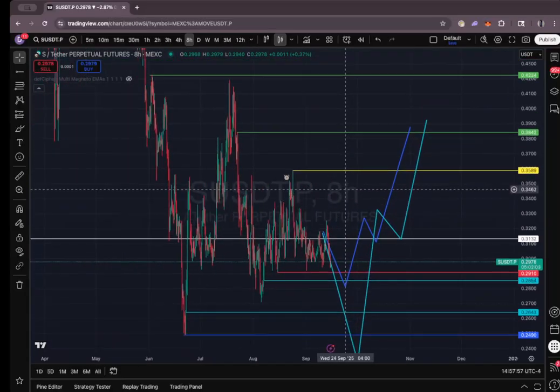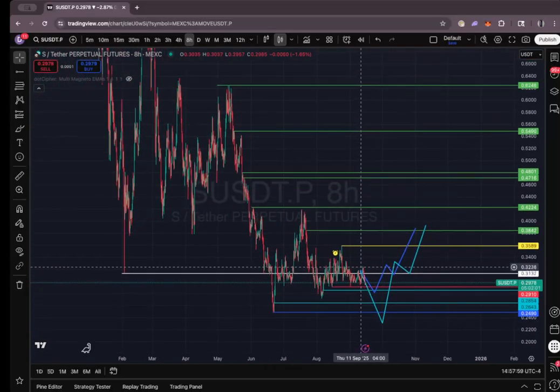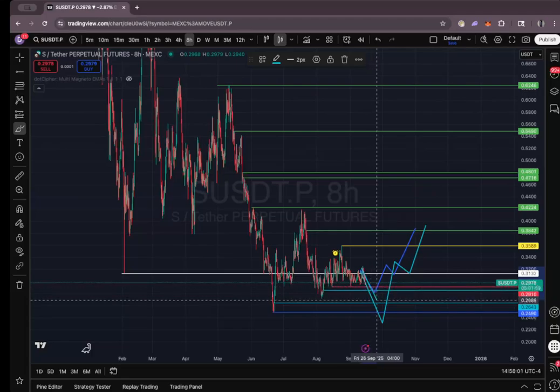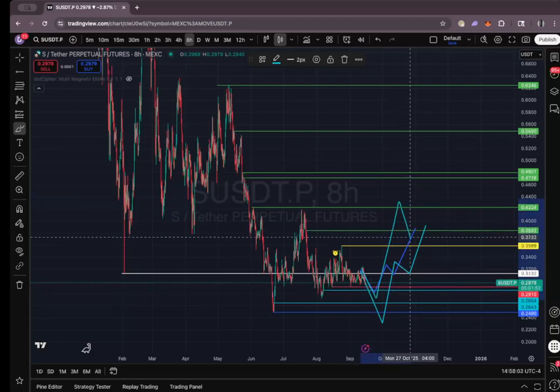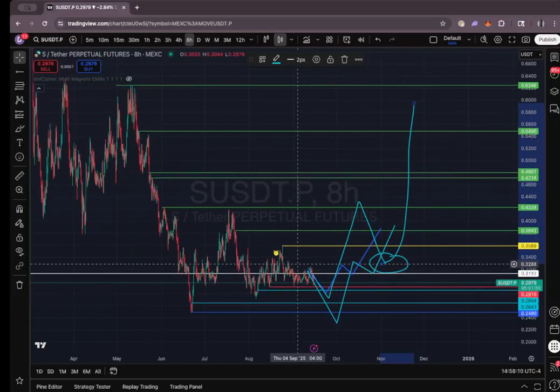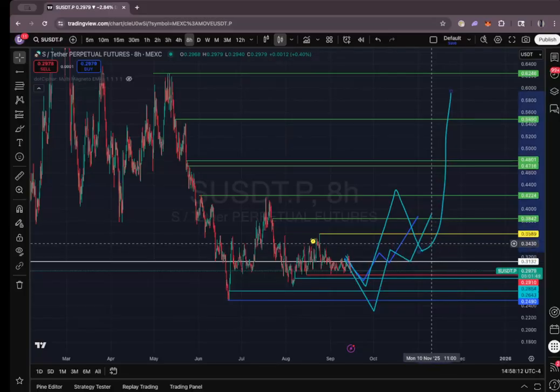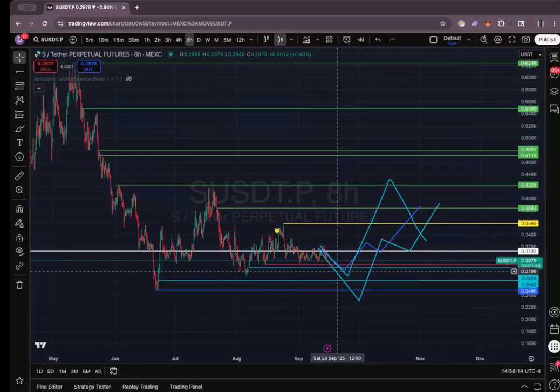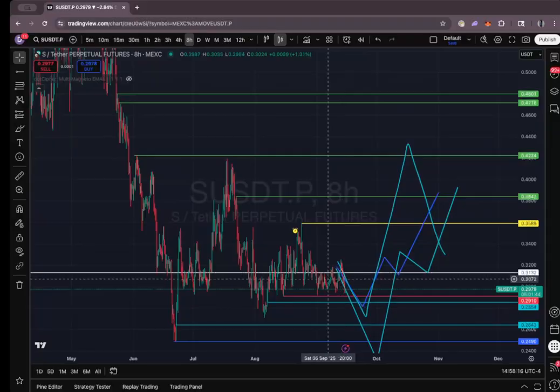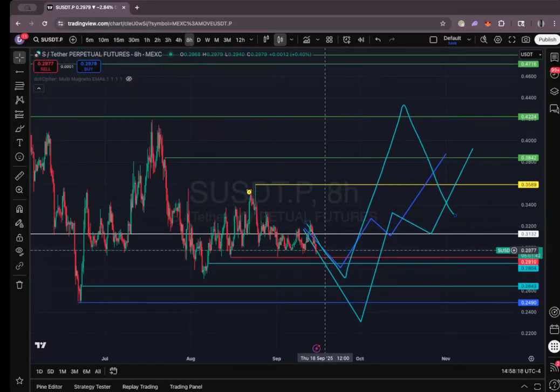35. I want to see 35 broken. Because if we break 35, we're going to retest this bounce right here. That's a better entry. So it's a little weird right here. I wouldn't do much with it yet. But we're building. Something's going to happen. I'm thinking we break a couple more lows first, though. Not sure how many lows, but we're going to break a couple more lows here.